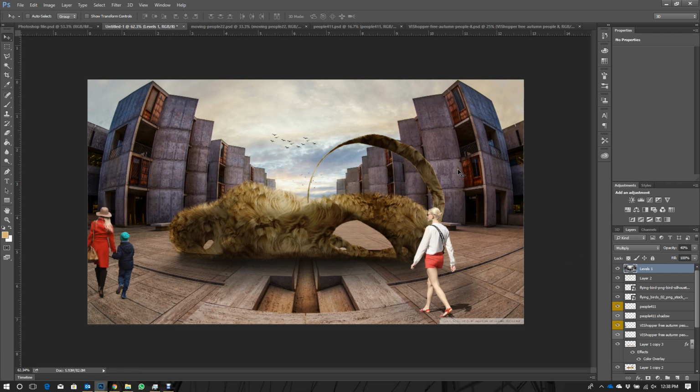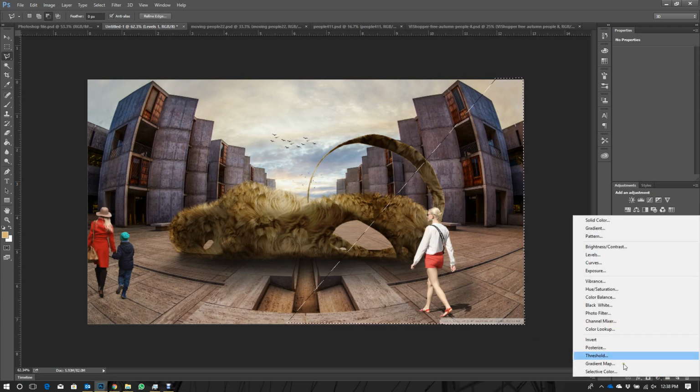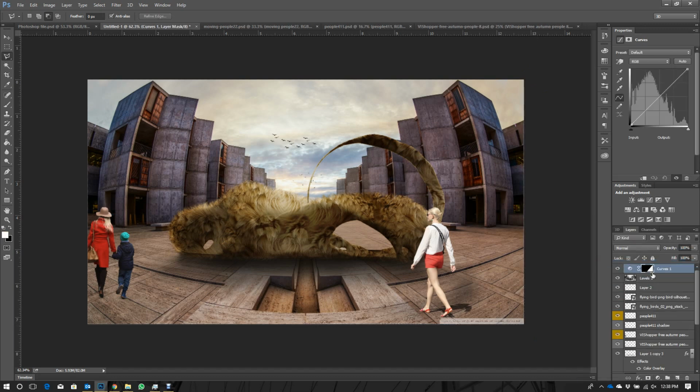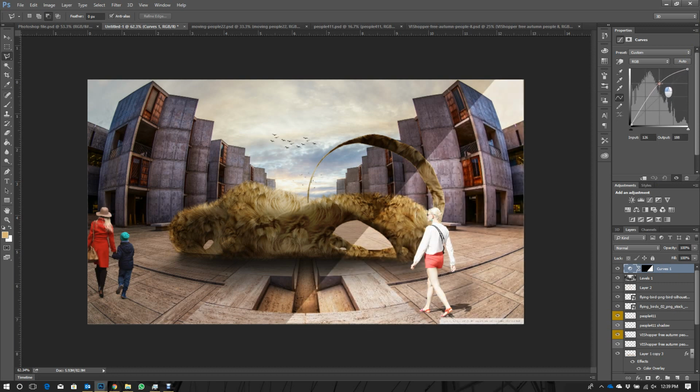So one of the ways that you have probably typically created light beams, I'm not sure how familiar you are, is to select a certain area on your scene and go into curves. You can create a curve that you can then adjust to create a beam of light in a certain area. It doesn't quite work in this rendering, but for ones where the sun is coming from the side,